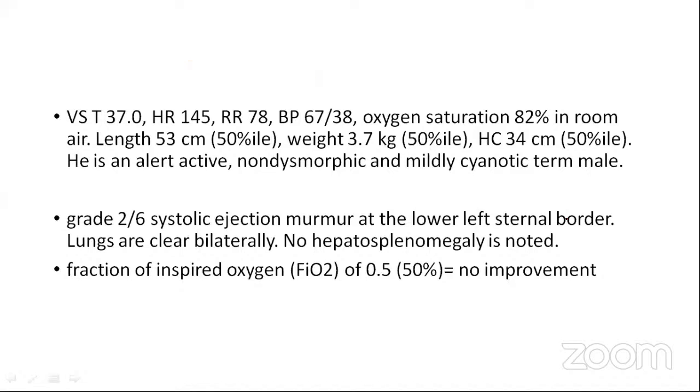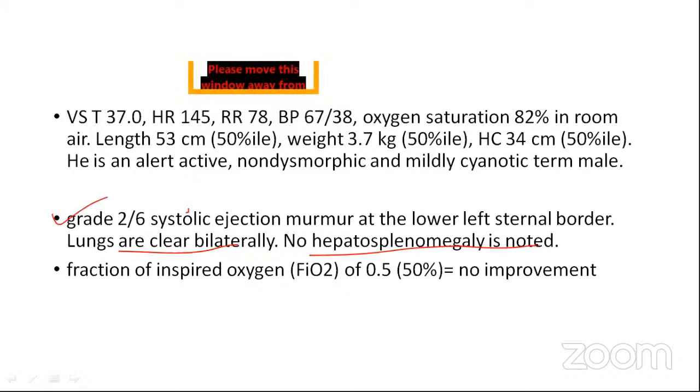So we thought of a respiratory cause, and we have a cardiac cause in mind. So how does the examination help us? Here we have a grade 2 systolic murmur. The lungs are clear. There is no organomegaly noted. And the next thing that we did was